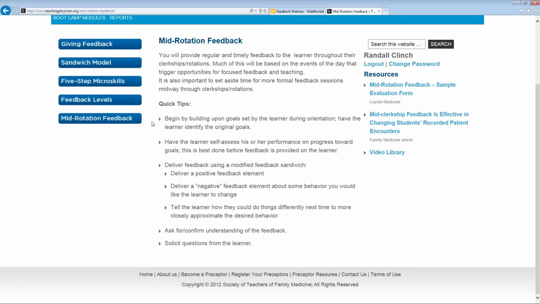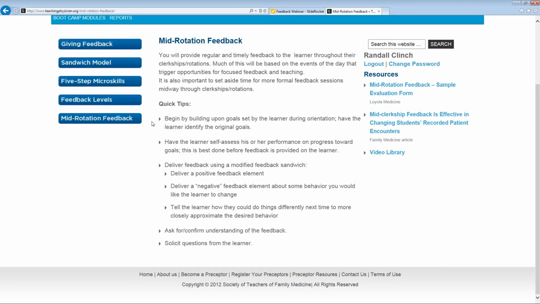Well, unfortunately, some students can get just kind of lost in the shuffle, especially if it's a big rotation. Usually one-on-one with a preceptor in the office setting, that's not going to be the case. But on large rotations, they can just be kind of milling about, going through the day, maybe getting some feedback, maybe not. And at the end of the rotation, they don't know really where they stand against the goals and objectives of the rotation. And you don't want somebody to find out that they're not performing well at the very end. So at least at the midpoint, sitting down, having a more structured discussion,